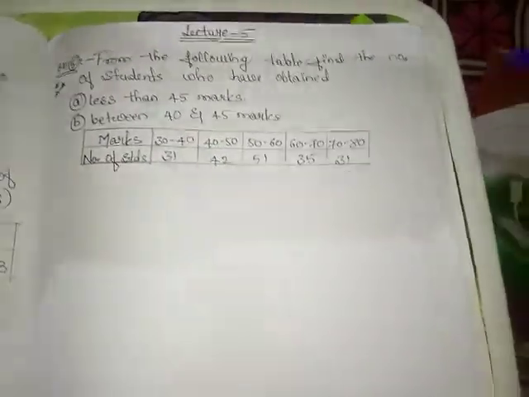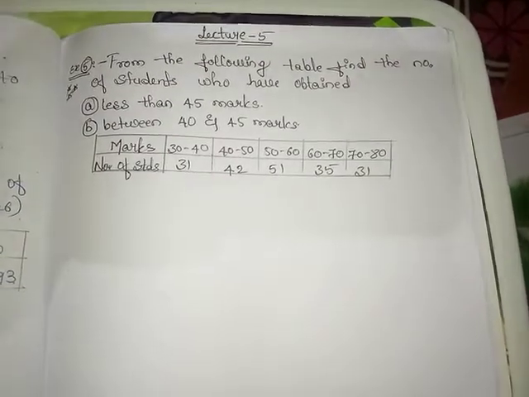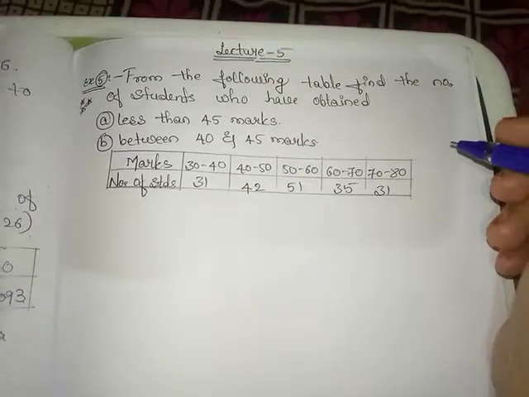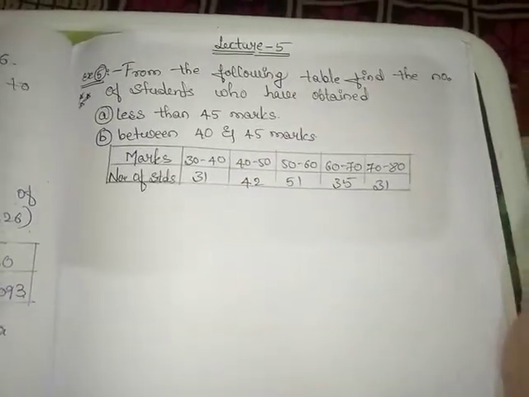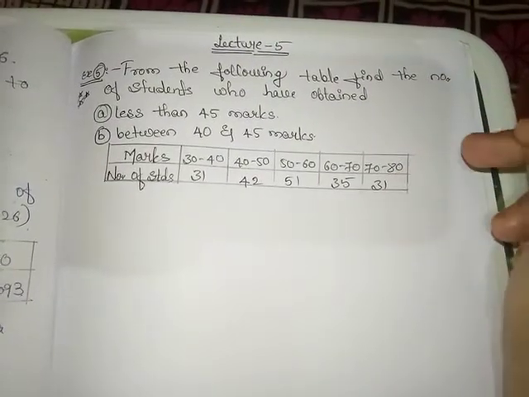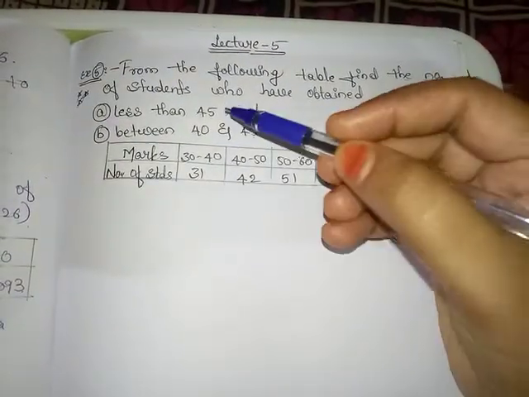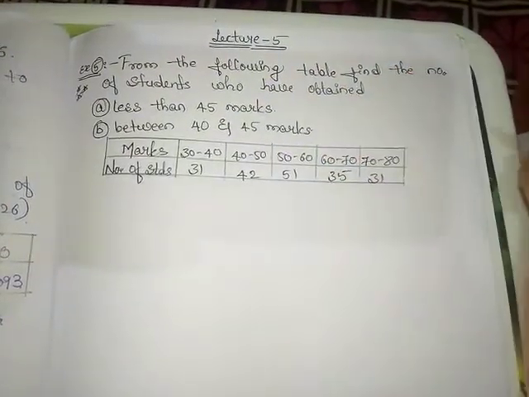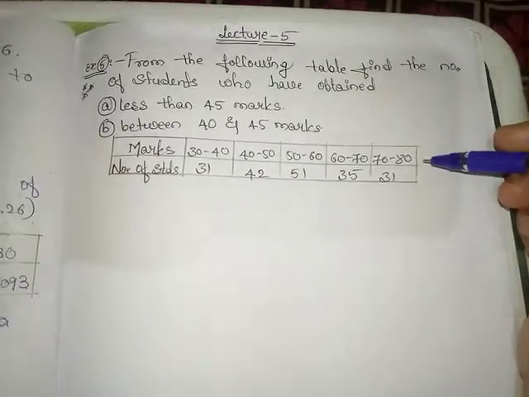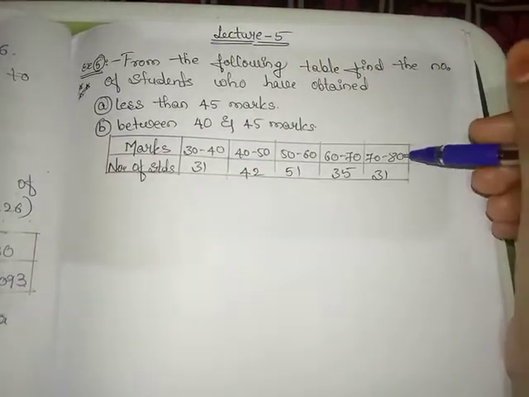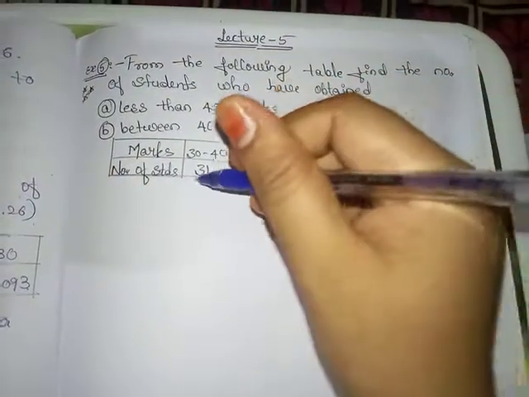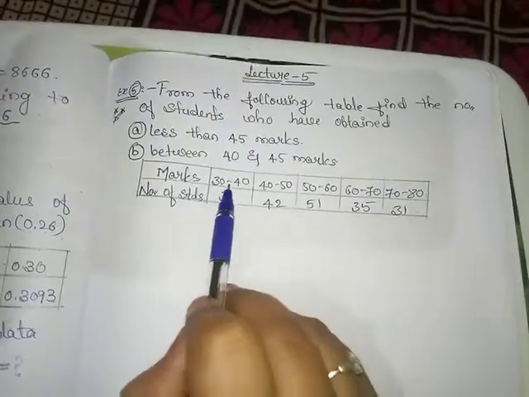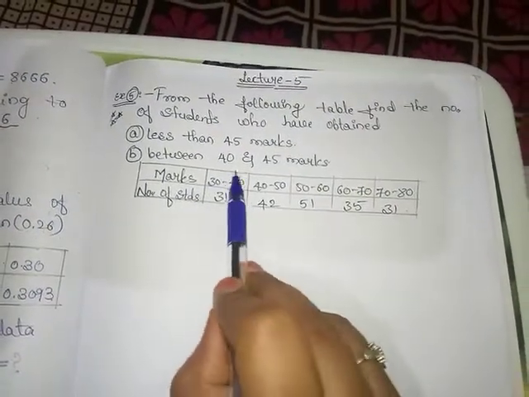See here, the data is given in a different form, means the data is given in a grouped form. I think you know grouped data and ungrouped data. Here they are given in the form of grouped data. To find f of 45, or the marks between 40 and 45, we have to first change this grouped data to ungrouped data. Then only we can find the values of x and the corresponding values of y. For that we have to change this grouped data, that is 40 to 50. This is a grouped data.